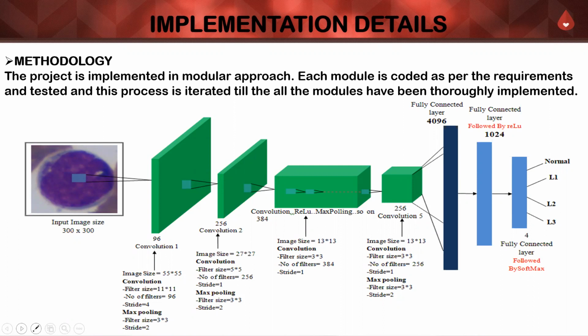Then rotation of the image by 30° and 60°. In this step, the images are rotated at two angles, 30° and 60°, in a clockwise direction, because some of the images may be turned in a different direction, so it is required to rotate an image to the required degree. The third step is feature selection. The feature selection step is used to reduce the number of input variables, to both reduce the computational cost of modeling and to improve the performance of our model.